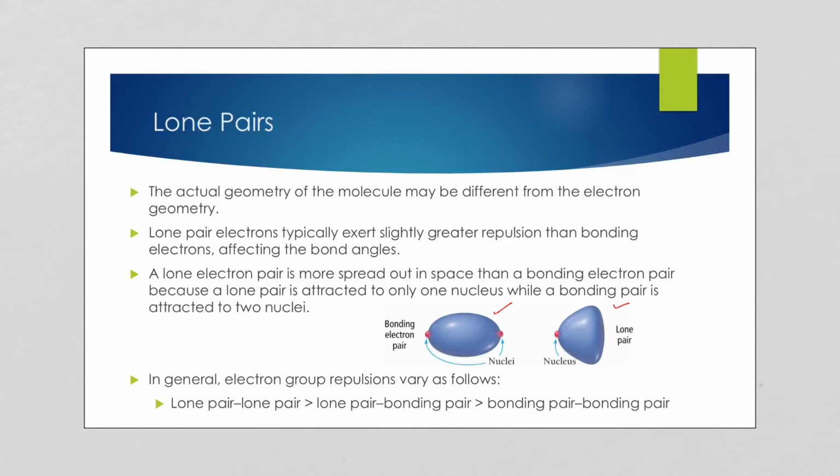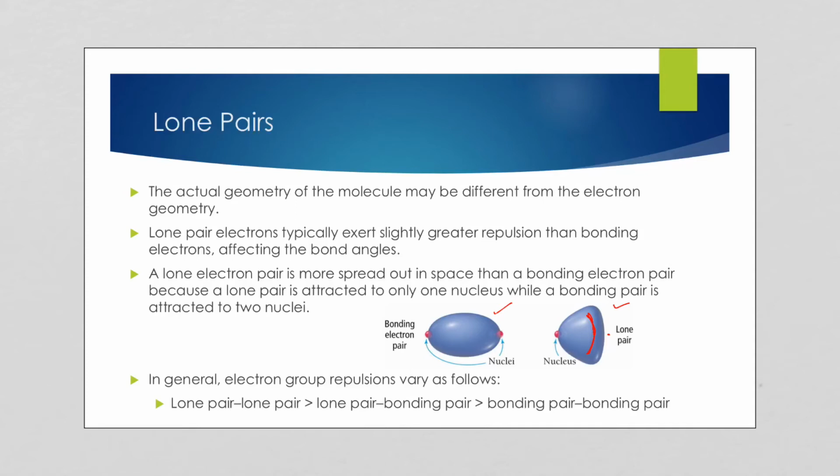If you have a lone pair, right, there's nothing at the other side here, so these electrons have more room to spread out, get away from each other, right? They are both negatively charged, and so these lone pairs occupy a larger region of space, and therefore they repel more, right? So you get greater repulsion,